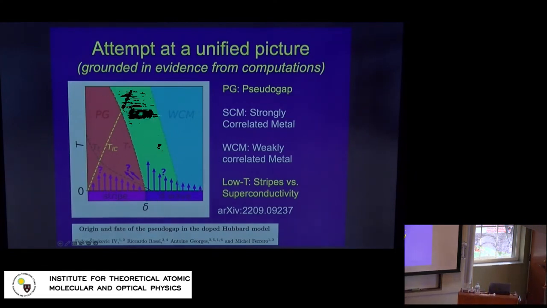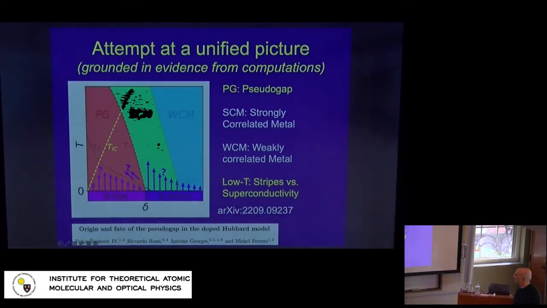This is a concluding plot taken out of a recent preprint that we've put on arXiv, and which is very much the work of Fedor Šimkovic, Riccardo Rossi, and Michel Ferrero. And what you see here is temperature and doping, obviously. And we know, and I'm going to review this briefly, and we'll hear more about it, that there is a fierce competition between stripe ordering and d-wave superconductivity in the ground state. So I'll review some of that. There are some question marks here as to how the stripe order evolves as we increase temperature, and similarly on that side, and overall a question mark about this competition.